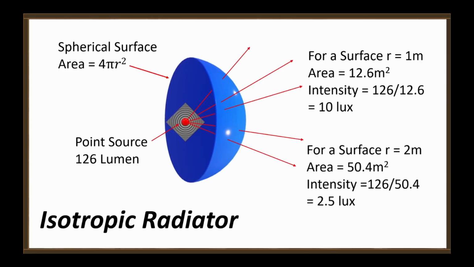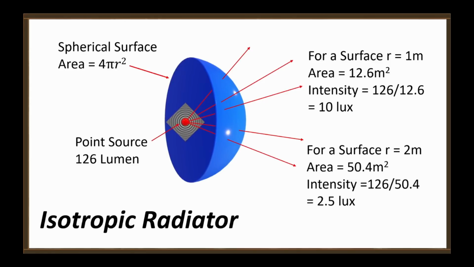Let's say that we have a point source of light that produces a total of 126 lumens. That's kind of an odd number, but you'll see why in a minute. If we make our spherical surface a radius of 1 meter, the area is equal to 12.6 meters squared. That means the intensity of light at that 1 meter radius surface is 126 divided by 12.6,